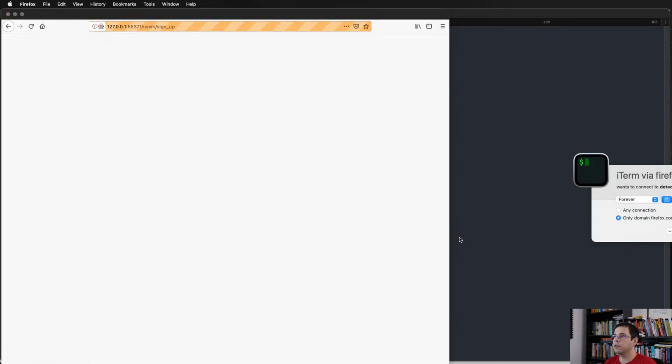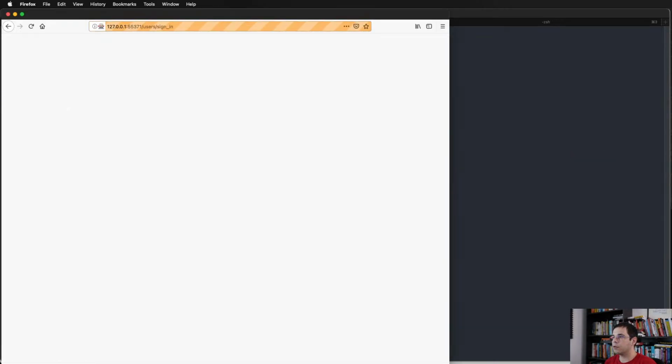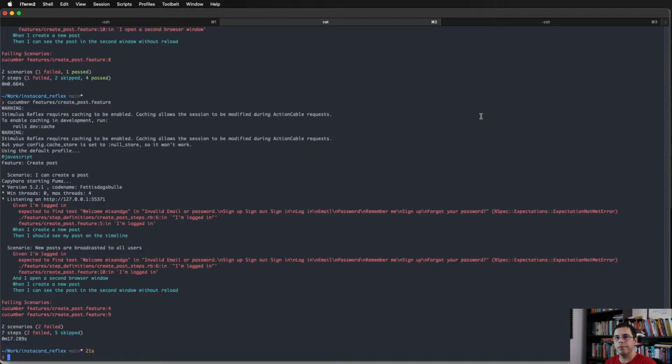Okay, so it's opening Firefox. Wow, I don't want that. I want to configure Capybara to use